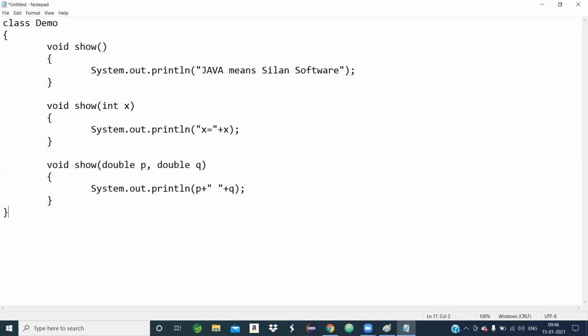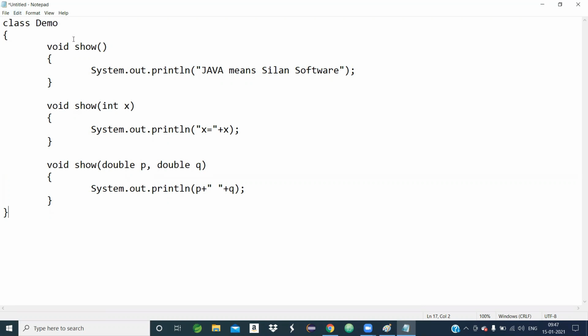Multiple times a particular method can be defined to perform multiple tasks. In this context, the method name is the same, but they are different by their signature.